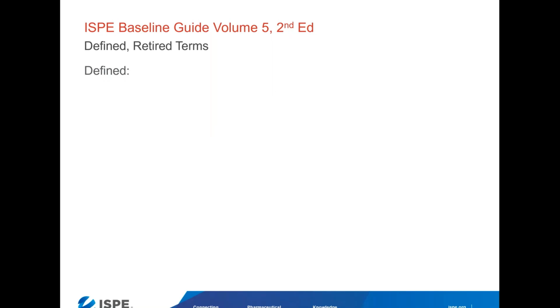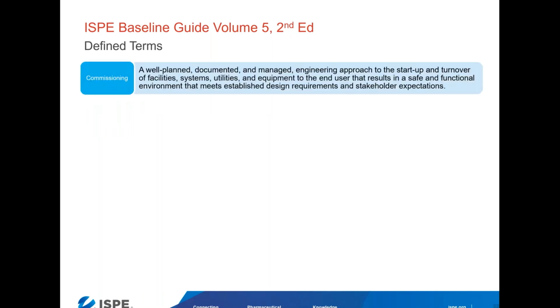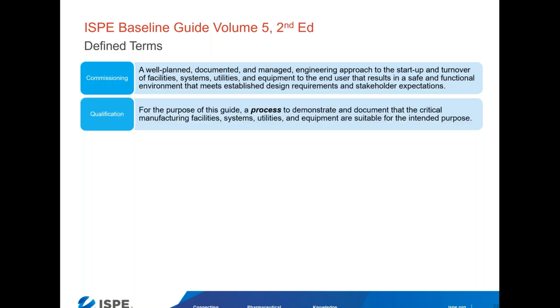The new guide defines and retires several terms. So let's look at the terms that it explicitly defines. And these are terms that throughout the industry, from one company to another, could have different definitions. So commissioning and qualification, validation and verification. I will not read all of these to you word for word. You'll have the slides afterwards if you want to read each of them, but I do want to point out